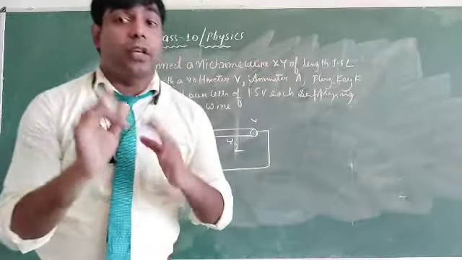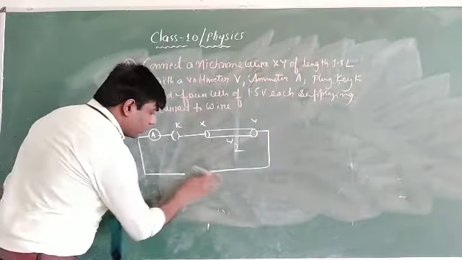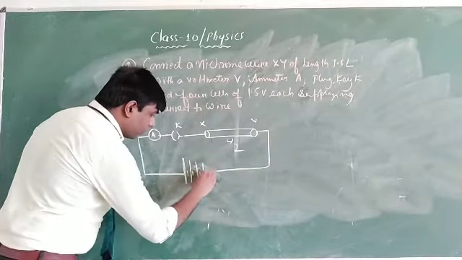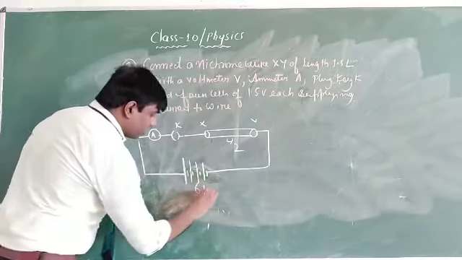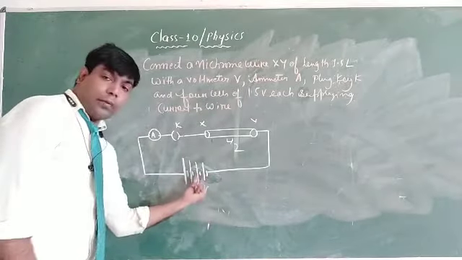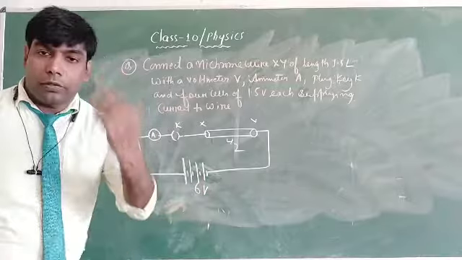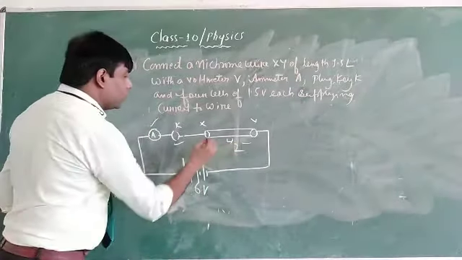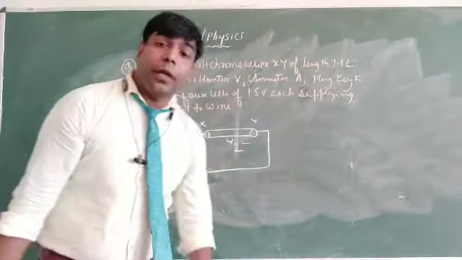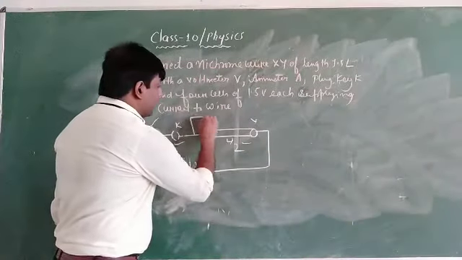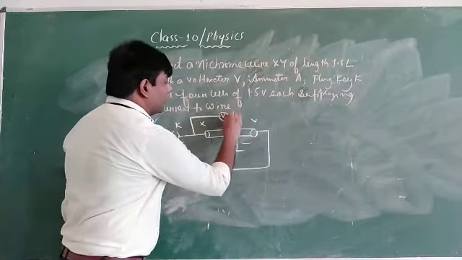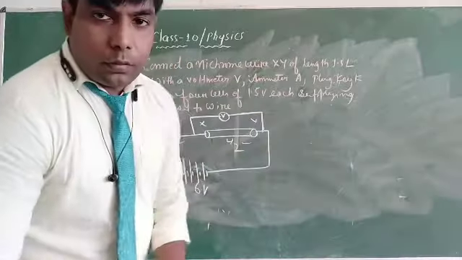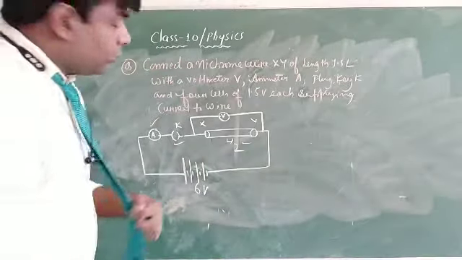What is a battery? A battery is a combination of cells. So if you want to know your battery, see, there are 4 cells: 1, 2, 3, 4. And the total voltage will be 6 volt. 1.5 into 4 will be how much? Now the ammeter is connected, key is connected, wire is connected. Voltmeter is always connected in parallel. So we will connect the voltmeter. V is the symbol. They have asked me to connect these instruments.